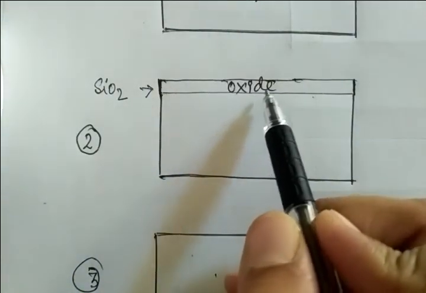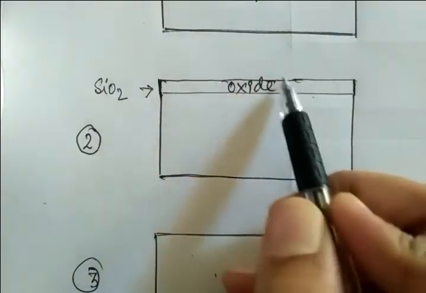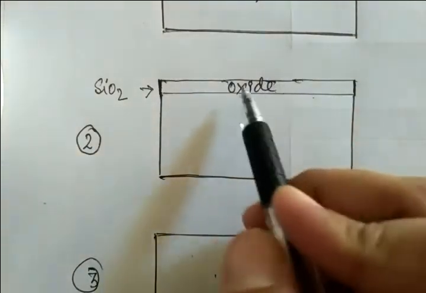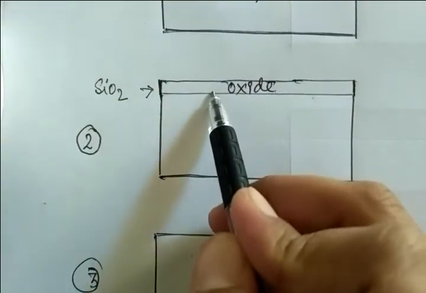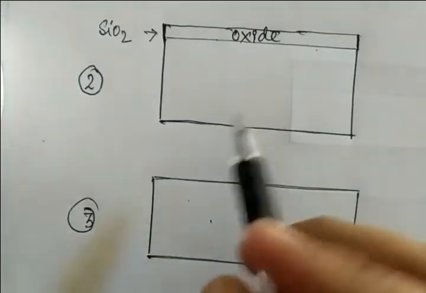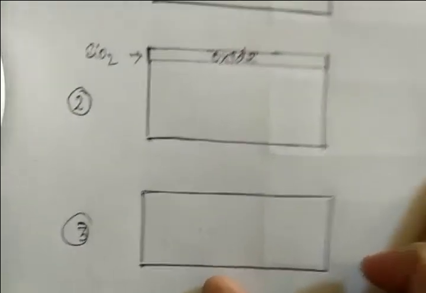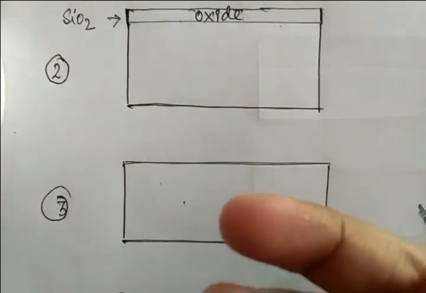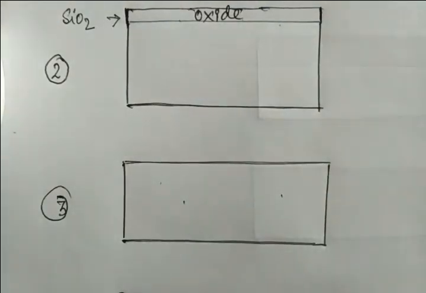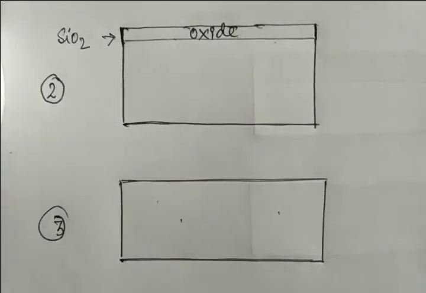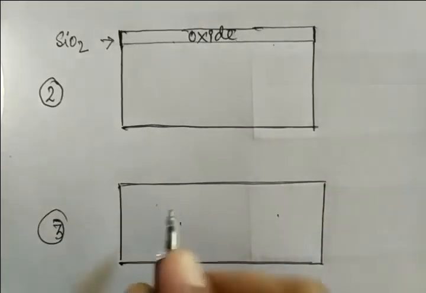So if we want to make it discrete, we have to make a discontinuity. We have to etch some portion in the middle, so that we can clearly define which one is the source terminal and which one is the drain terminal. And how we can do that? This filled oxide is selectively etched, and this is a very important point. Etched means it is taken away from the device, some portion, in order to make the 3-terminal device, that is source, drain, and gate. So how we can do that?